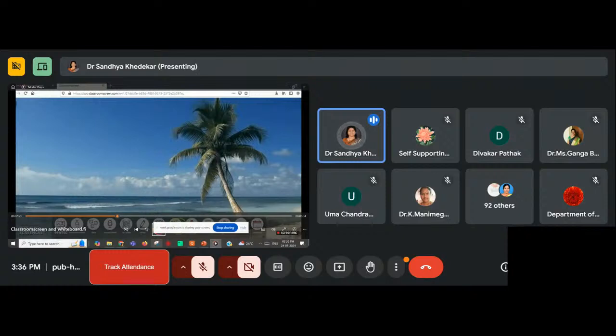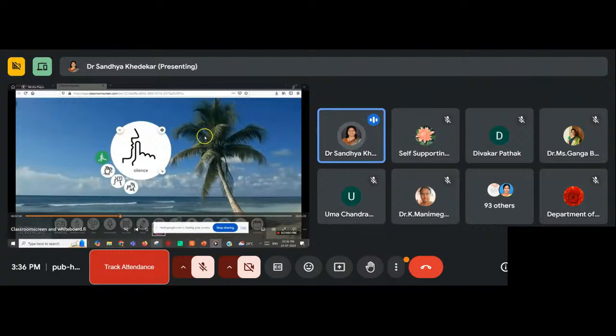Then next is work symbols. It is a very beautiful feature. Suppose on the screen, if you want students to be silent, you can enable this one. There is one more option, that is whisper. You can ask students to speak slowly. There is ask neighbor. If they have to discuss something, they can ask their neighbor. And if they are doing any group activity, you can have this symbol enabled, that is work together.